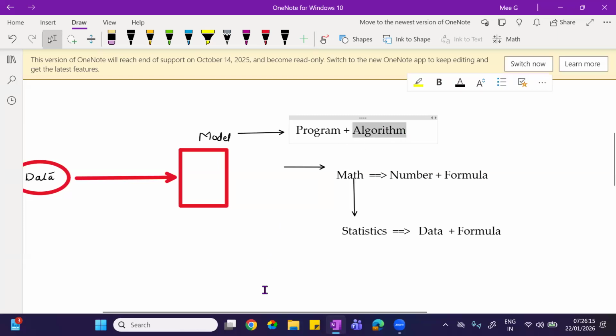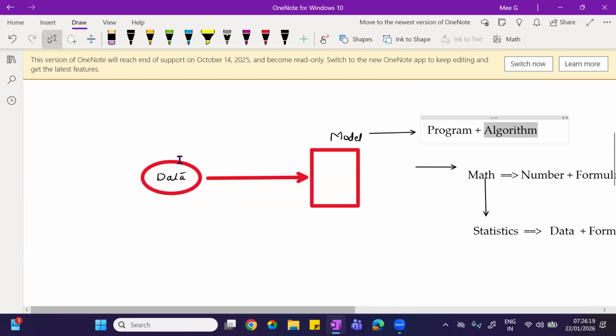Now what exactly happens is, when we are passing the data to this model, this model will grab all the knowledge from the data. Yes, it will take care of that. We don't need to worry about it. Once we prepare this model and give the data to the model, it will grab all the knowledge from the data and it will become intelligent.